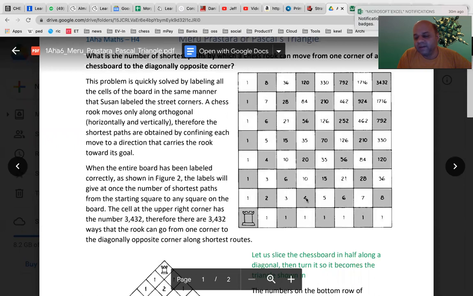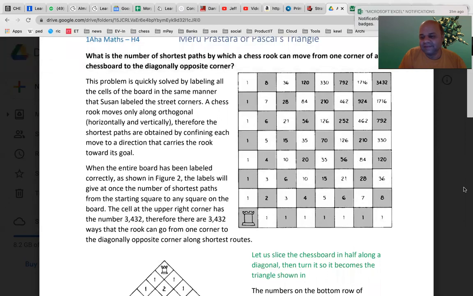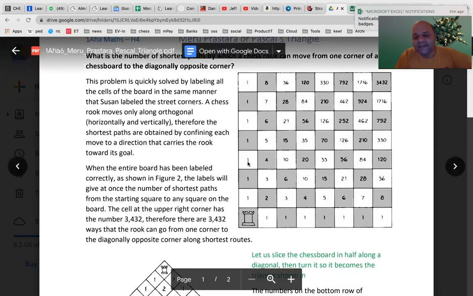Then you go here, it will be 4. Then here, 4. So you just take the chessboard, put a dot at the center of each square, and imagine that it is Susan's problem of going to the school. You will find that this is what you come up with, right? Do you remember? All of you remember? Yes, sir.